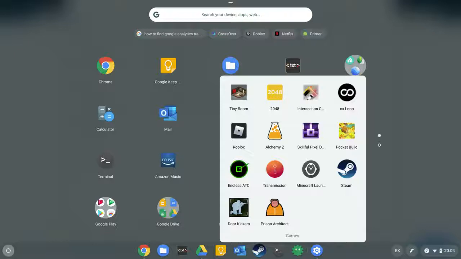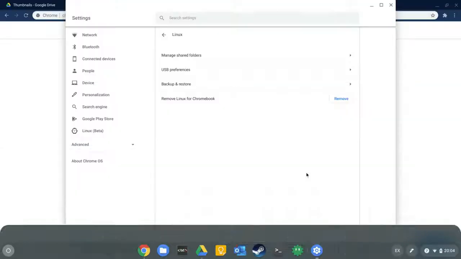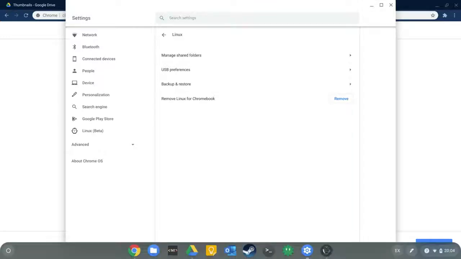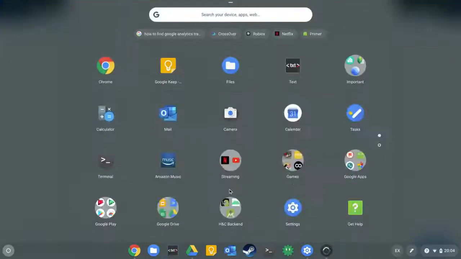One program that I've noticed to work very well, however, is the Minecraft launcher. You can install Minecraft Java Edition on a Chromebook. So as you can see, it takes a moment to boot up, and I haven't logged in or anything, but